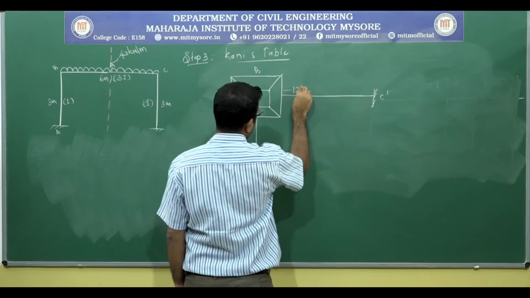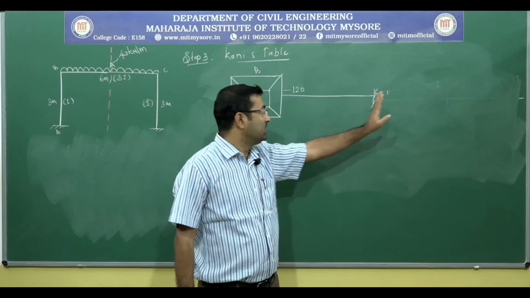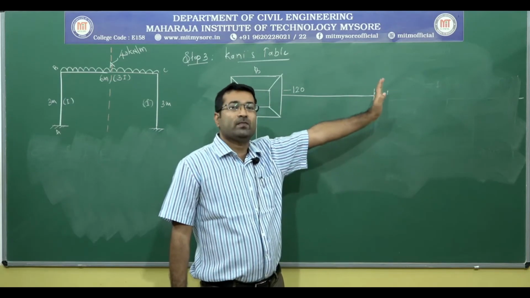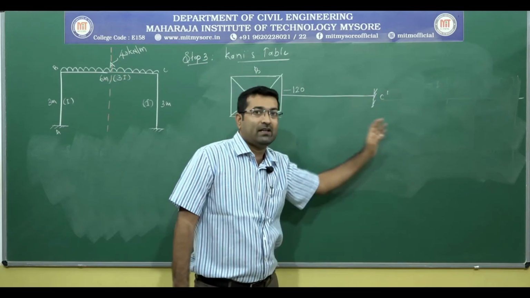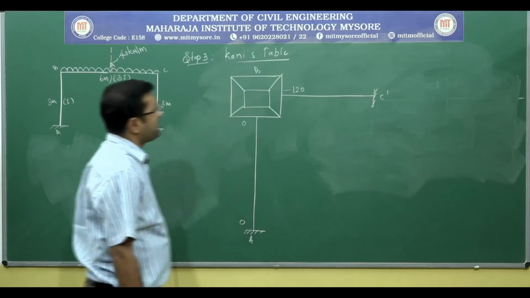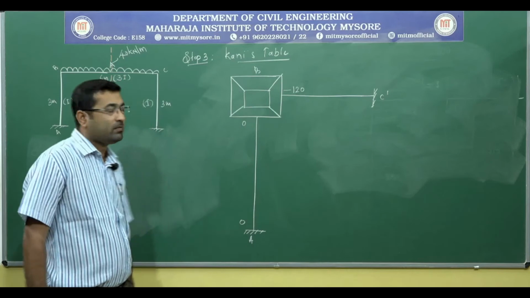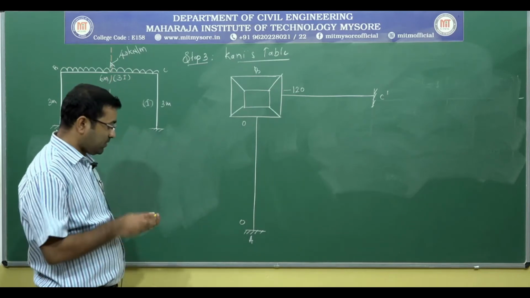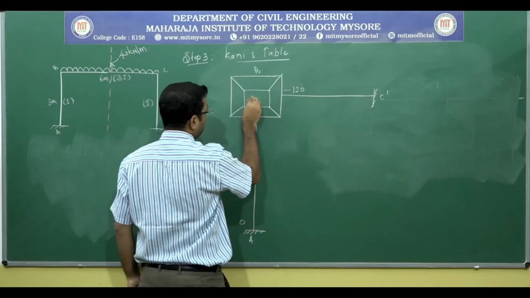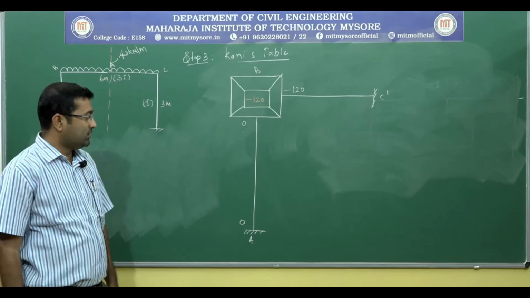MFBC is minus 120. Here we are not considering the C end. We are considering the C dash, that is in the mid of the member BC. So we don't have any fixed end moment at this point, so don't write anything here. Okay. So how much is the algebraic sum of fixed end moments? At B joint it is 0 minus 120, so it will be minus 120 kilonewton meter, right?